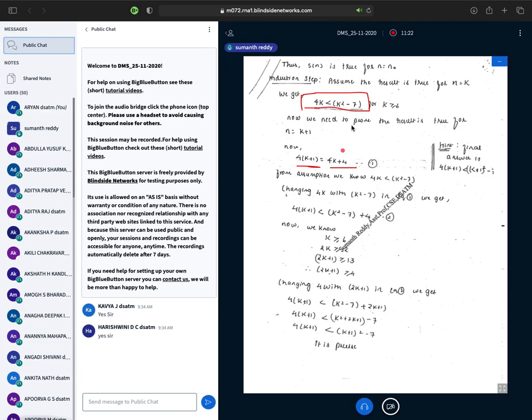Why have I written it in this way? Because I know the value for 4k from the assumption stage. Now I have written 4 times k plus 1 as 4k plus 4. Next, this 4k I will replace with the term k square minus 7. But this 4k is not exactly equal to k square minus 7; instead, k square minus 7 is greater than 4k. If I replace 4k with a greater term, obviously the right hand side will become greater. Correct? So now I have rewritten it: 4 times k plus 1 is less than k square minus 7 plus 4.